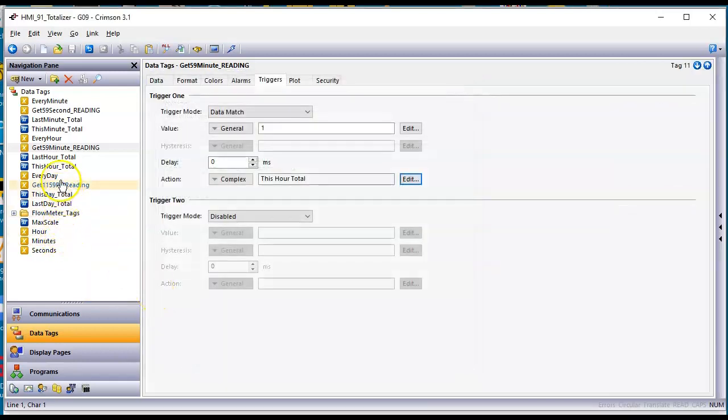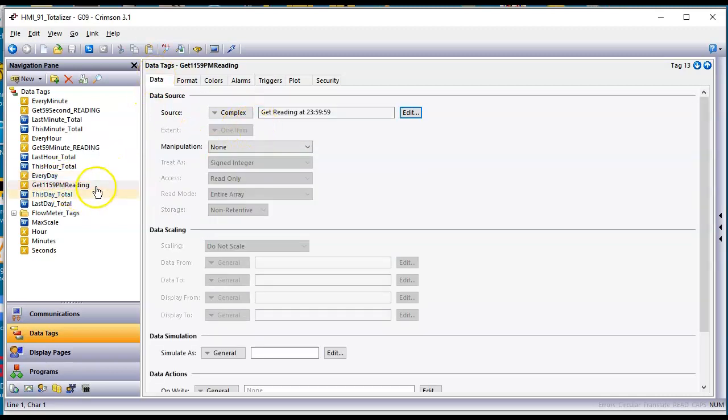And then if I go down a little further, in this application, the customer really wants to do every day. So this is exactly what the customer is going to do. On the data tab, I've got a tag here called get 11:59 p.m. reading. And on the source tab here where it says get reading, I got this in here, it says get reading at